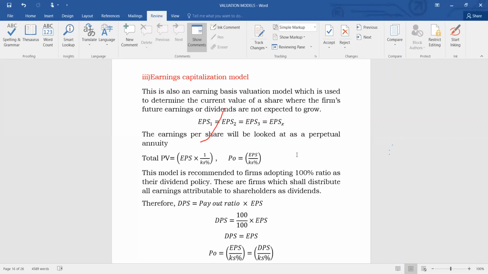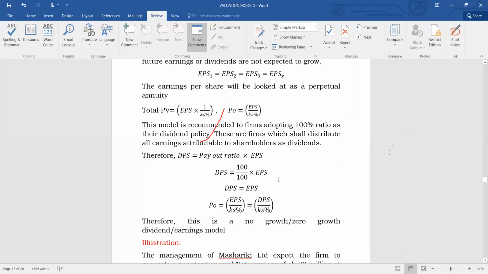I'm hoping you are seeing this. Yes. And therefore, I'm discounting earning per share as a perpetual annuity. Annuity times 1 over R%. So if earning per share is a perpetual annuity, and the discounting rate is KS, it is EPS times 1 over the discounting rate. So the price of a share is earning per share divided by the discounting rate. But because the firm adopts 100% payout, it means that earning per share is equal to dividend per share. At 100% payout,